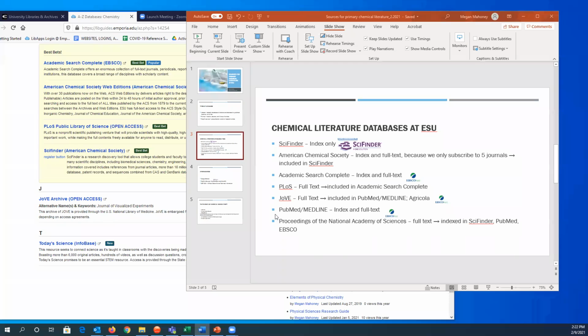Now, PubMed is not tagged as a chemistry database. You'll see that it's not in this list. It is both an index and a full text database. It does index biochemical literature related to medicine. So if that is an area of interest, you should consider searching it.